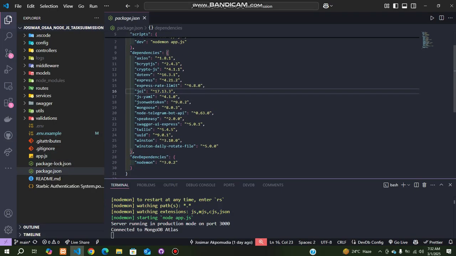These are the packages: Axios for calling an API, then bcrypt for encrypting, and crypto.js and dotenv for handling the environment file. Then express for routing, express-rate-limit for rate limiters, and Joi for